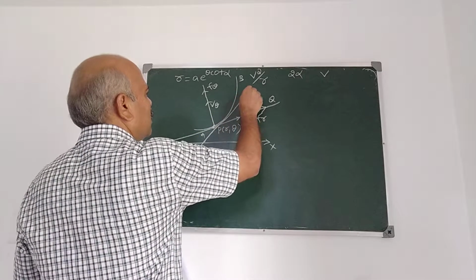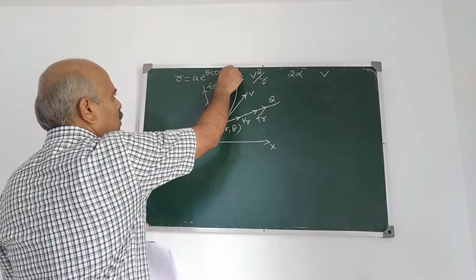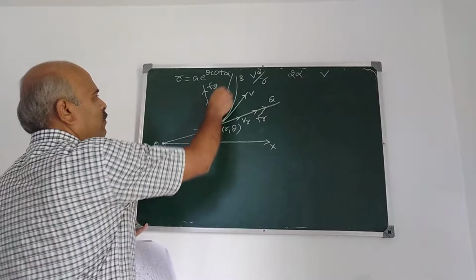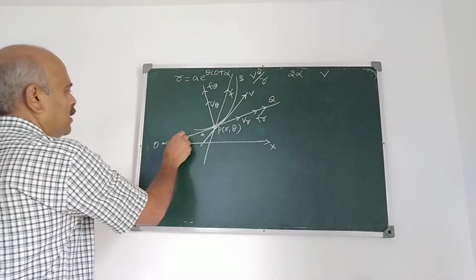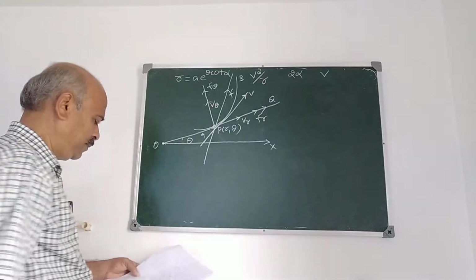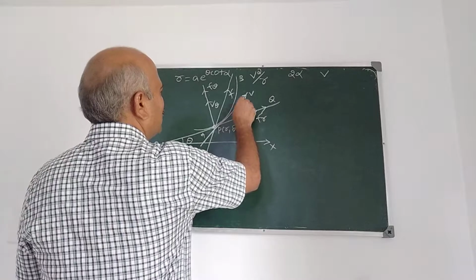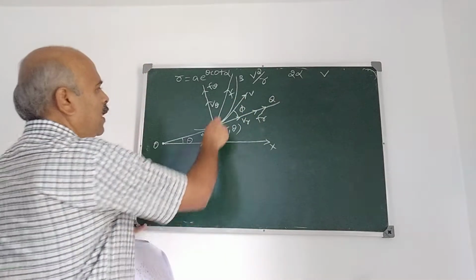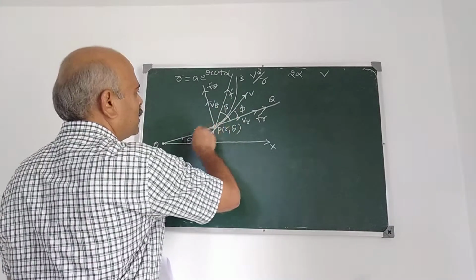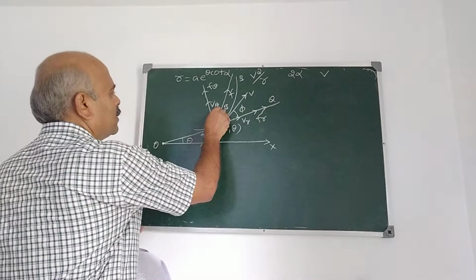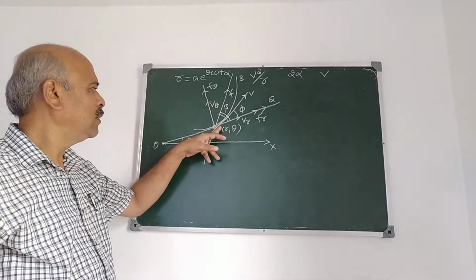Therefore I denote this by V, velocity. And suppose acceleration is this. It is here. So what is this angle? It is theta. Suppose the angle made by the velocity with the radius vector is phi. Angle made by the acceleration, direction of the acceleration with the radius vector, is beta. So this angle is beta. I think this is clear now.